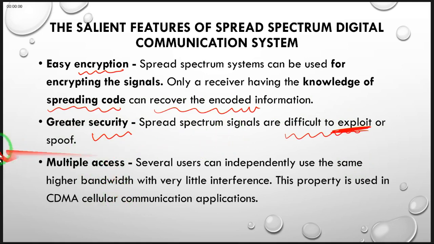There is another concept we are defining, which is spoofing. Spoofing is the act of maliciously sending a misleading message to the network. Again, by virtue of your signal energy being spread, a spoofer may not be able to inject an intended or misleading message, because it is going to be considered as interference, and we have seen that interference is going to be spread when it is received on the receiver side,